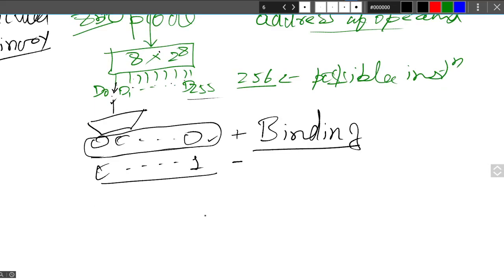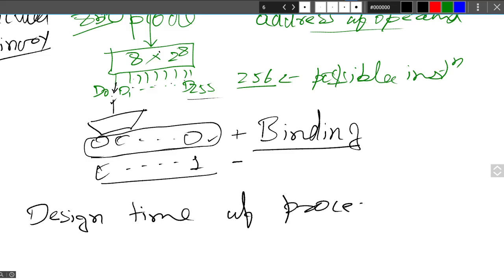And for this binding, the software persons are not responsible. It is part of the design. It will be decided at the design time of the processor. So this is something that we have to understand about the instruction.